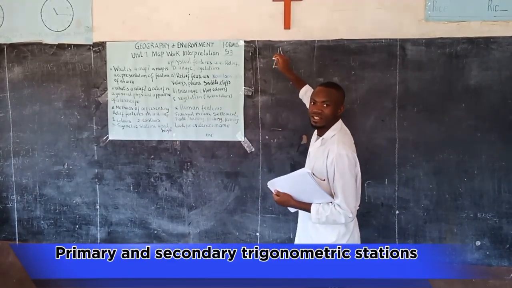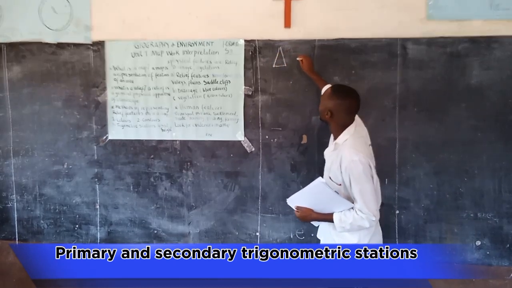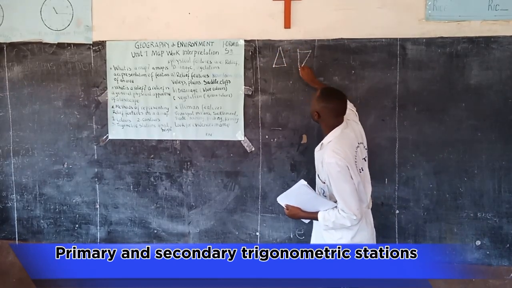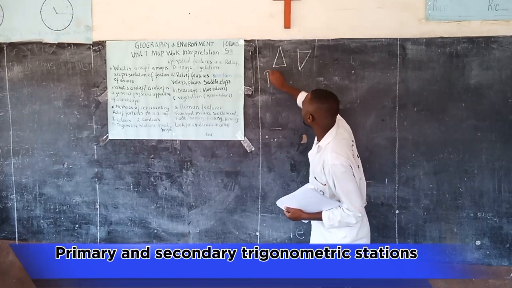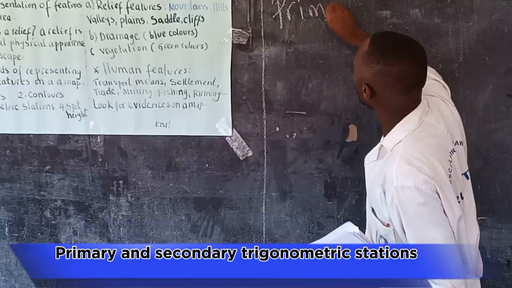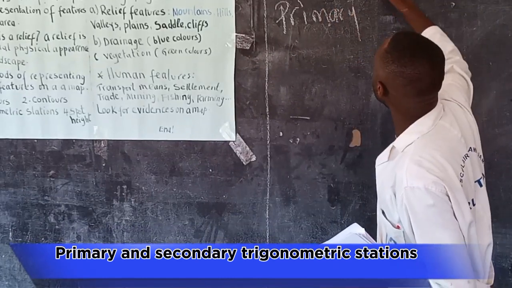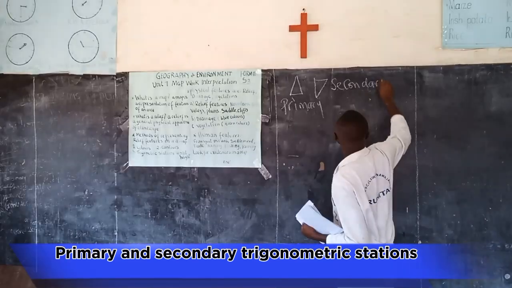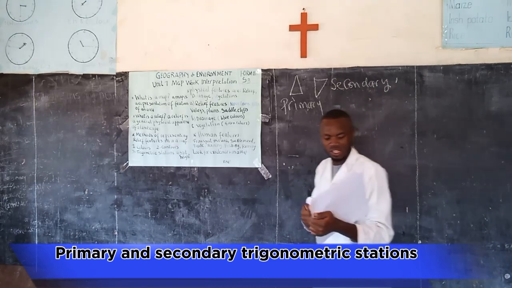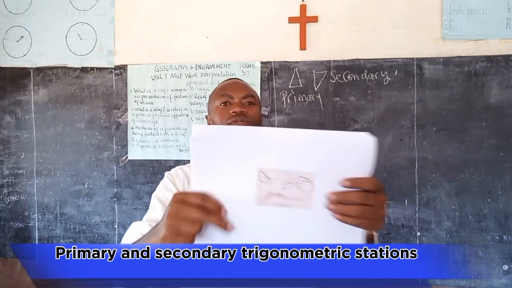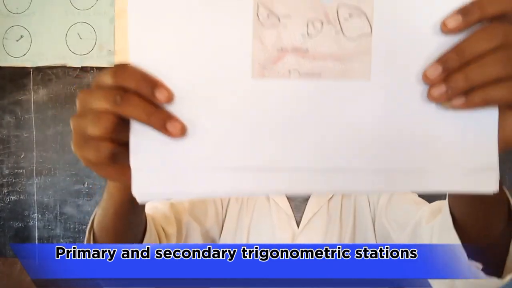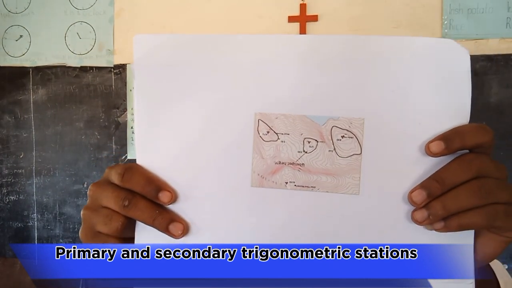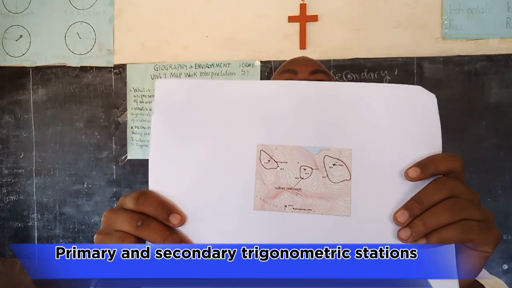Primary trigonometric stations, and this one is a secondary trigonometric station. As you are facing from these pictures I show you, this one is the secondary trigonometric station,